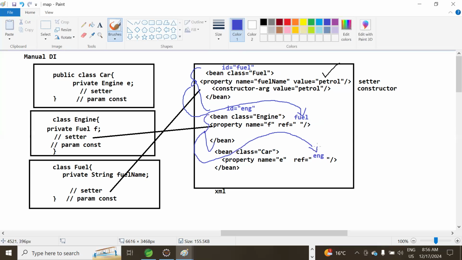This is what we call dependency injection into our bean classes. So we can inject simple parameters, we can inject objects, anything we can inject. Anything can be injected into your class. Okay, but this is a manual way of doing. This many tags we used to use to do this dependency injection